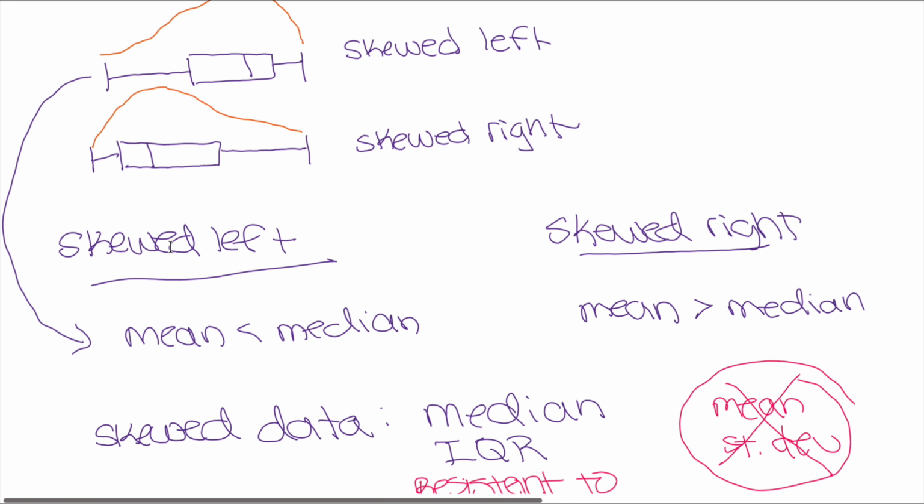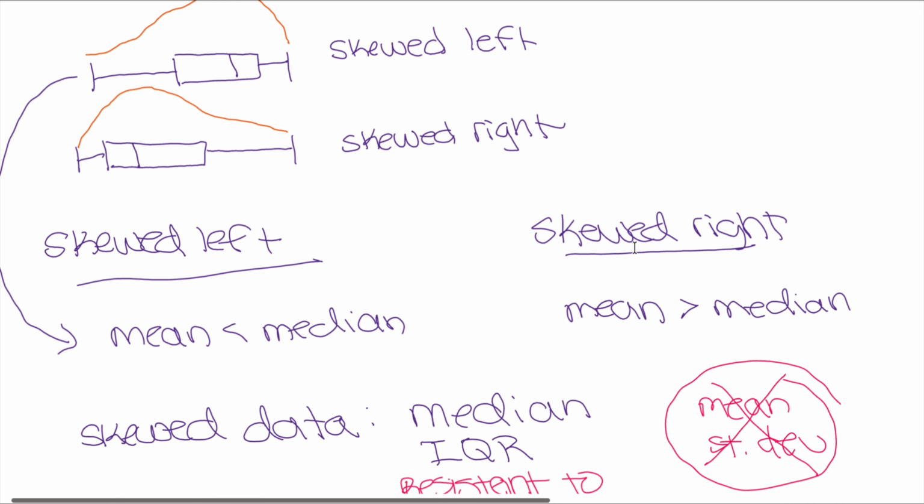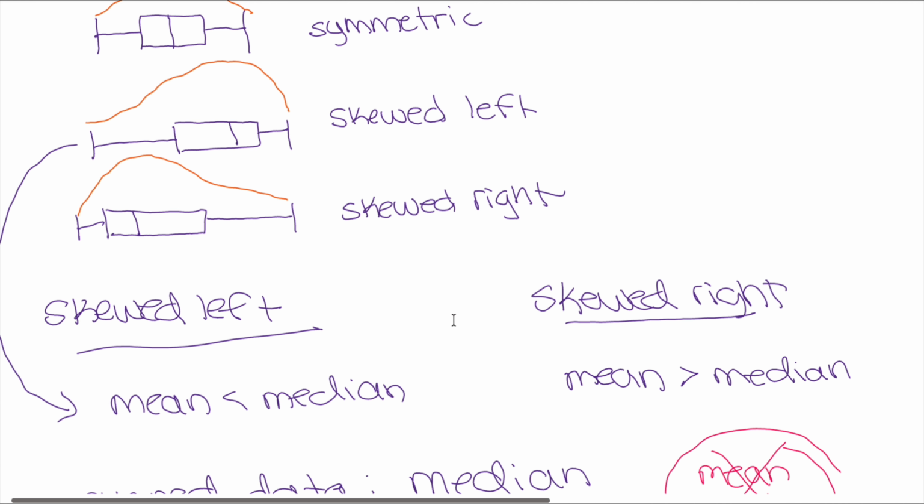If a graph is skewed to the left, then we know the mean is less than the median. If it's skewed to the right, then the mean is greater than the median. Okay, so just think about it visually. If a graph is skewed to the left, then it's going to be here. So the mean is going to be, well, because the median is not